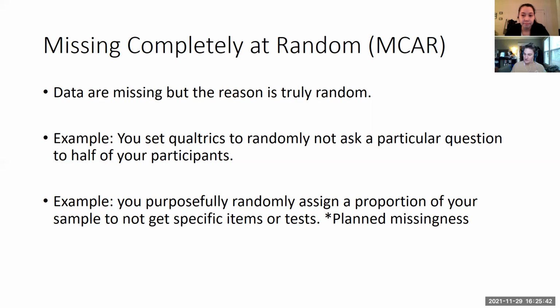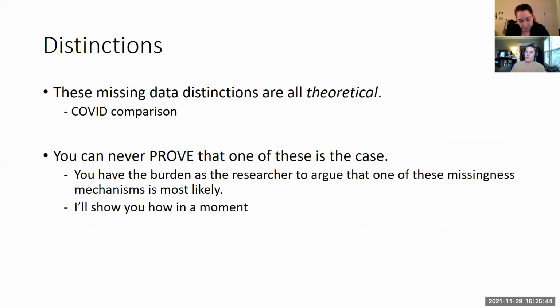Okay, so we have 3 things. Missing at random, missing completely at random, missing not at random. Again, 3 of the most confusing definitions on the planet. But really, these missing data distinctions are very theoretical. And I like to make this parallel here to